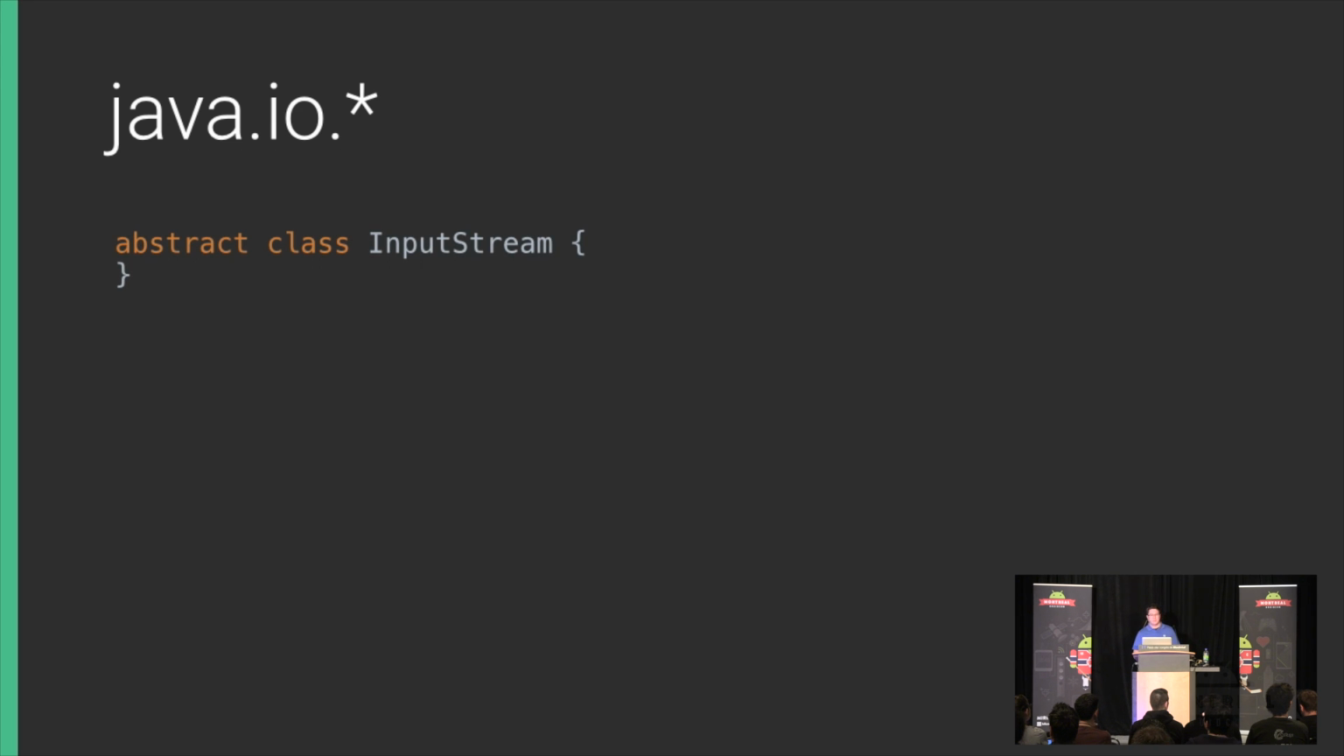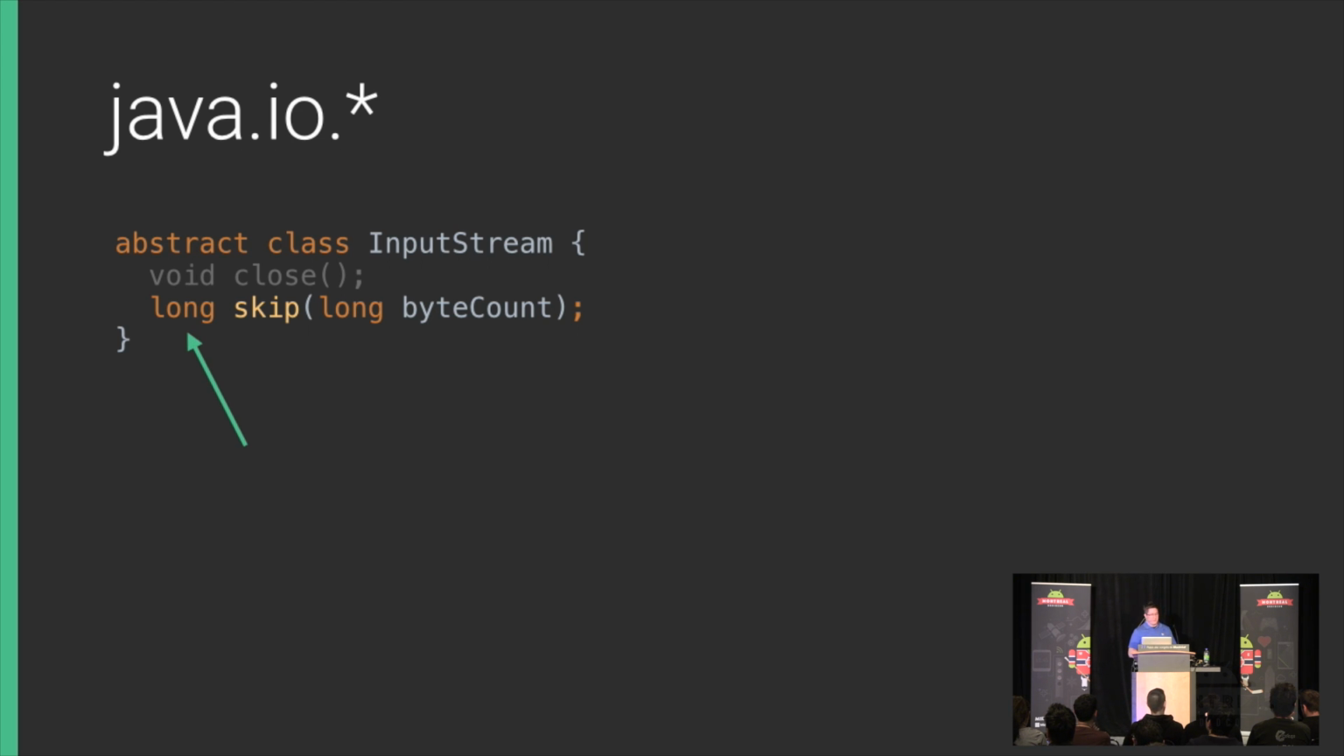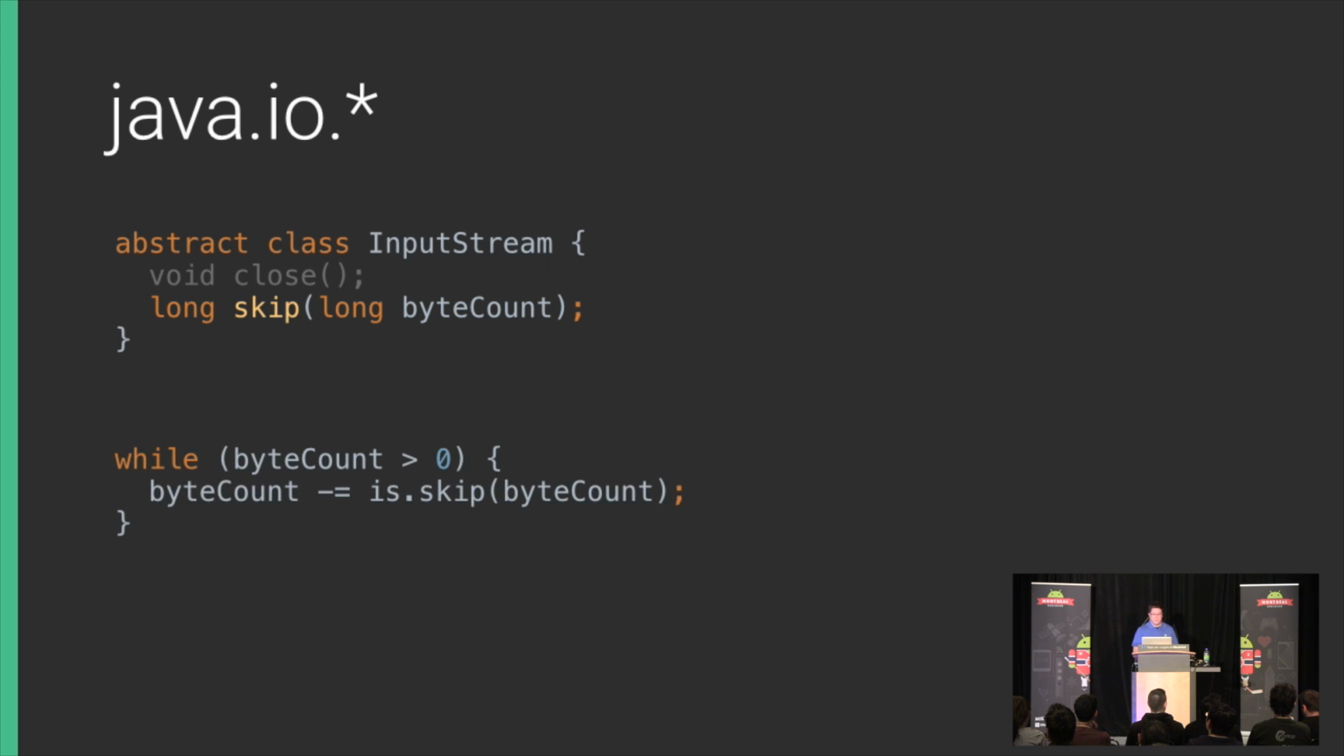Well, InputStream is the canonical way that we parse data. It's got a couple of methods that we all know, like close, of course. It has a skip method. The skip method is actually deceptive. A lot of people don't notice it has a return type of long. You might tell it to skip 10, it could only skip 4. So to actually use this skip method,